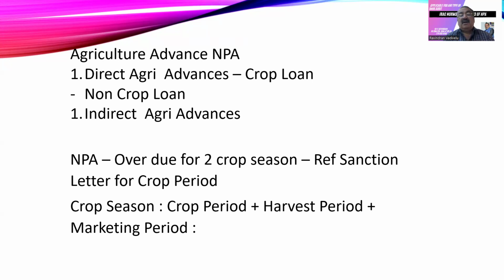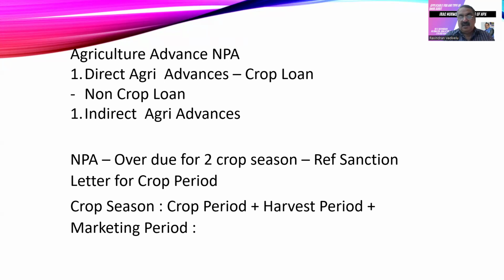So here we are going to discuss the crop loan. Crop loan is based on the crop season. What is a crop season? Crop season is crop period plus harvest period plus market period. All this period put together is called the crop season. When you want to classify a direct agricultural advance as NPA, there are two concepts with reference to agricultural advances. That is